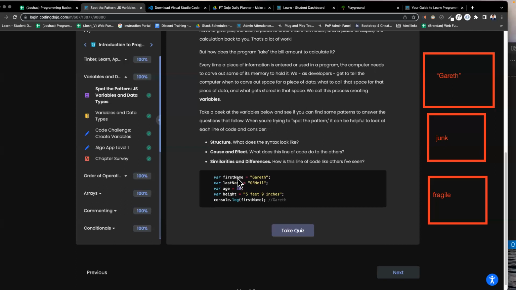And in JavaScript, we have a naming convention called camel case, which means that when there's more than one word, for example firstName, there are two words there, first and then name, the second word is going to have its first letter capitalized. So every word after the first word has its first letter capitalized,